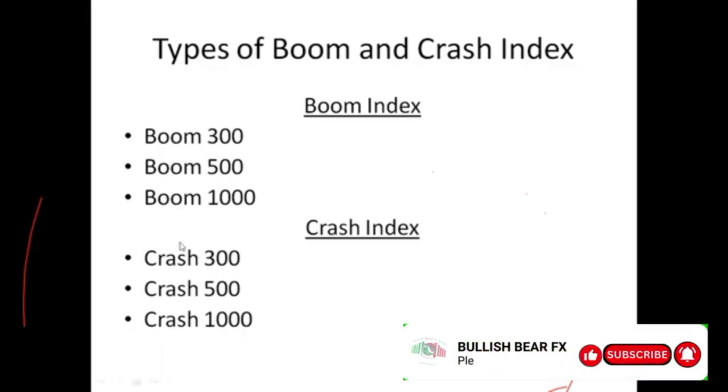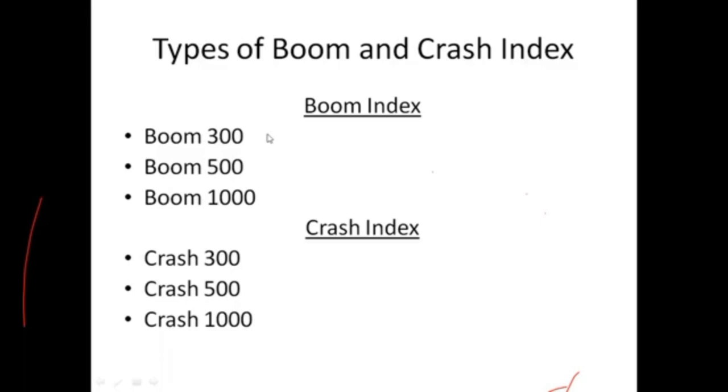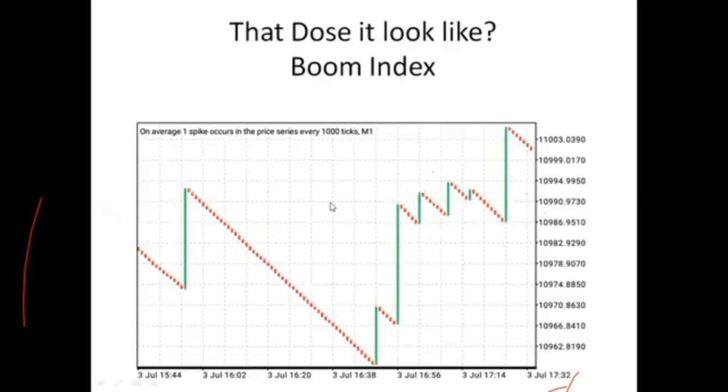Now, all these instruments, you trade them against dollars. That is to say, you can trade boom 300 against dollar. You can buy boom 300 to sell dollar, or you can sell boom 300 to buy dollar. We are going to understand all this better, especially when we get into the main charts. So what does the boom market really look like? Now, this is exactly how the boom market looks.